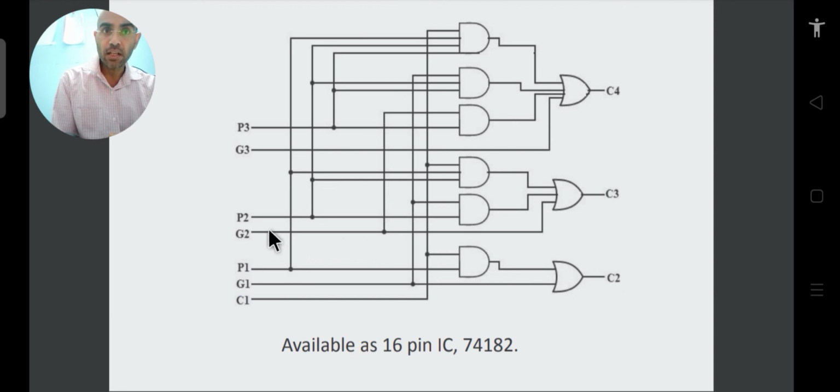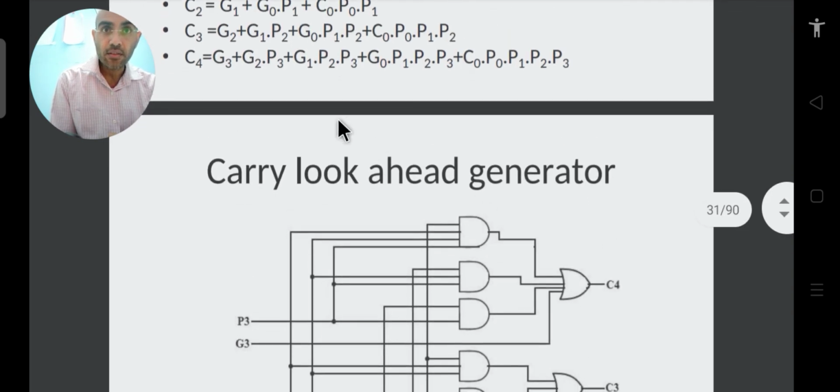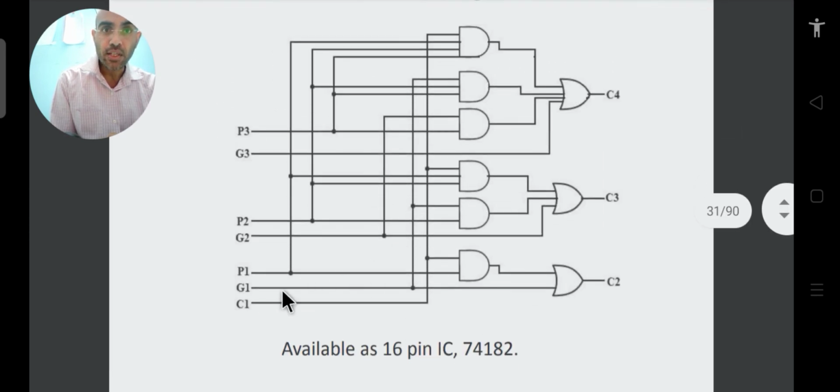Okay, similarly P2 and G2 are at this, particularly to realize this expression for C3. If you realize this expression for C3, then you can see that it is G1 P2, sorry. So you can see that this is our G1 and P2. To this particular AND gate we are giving G1 and P2. Whereas to this AND gate we are giving what? We are giving